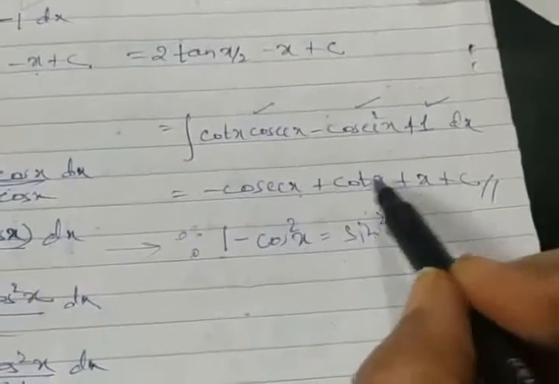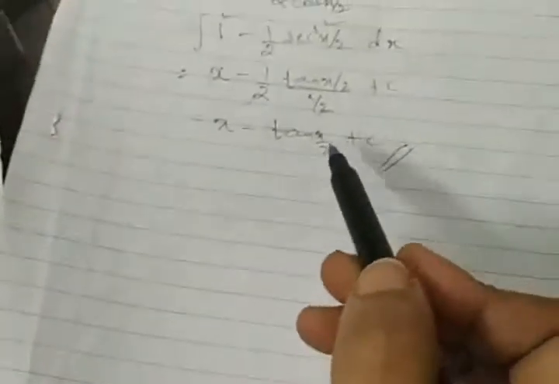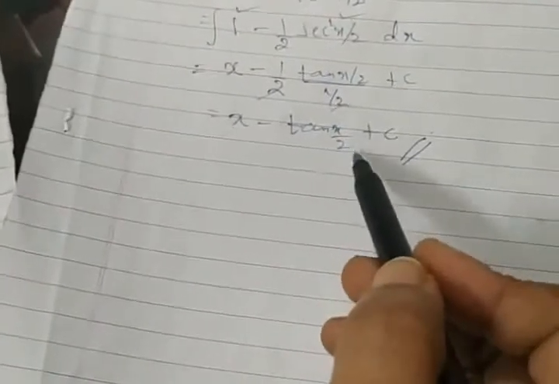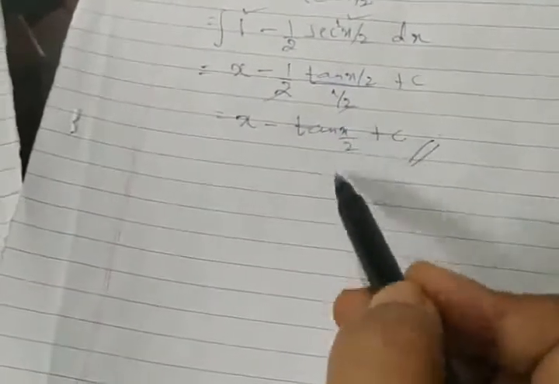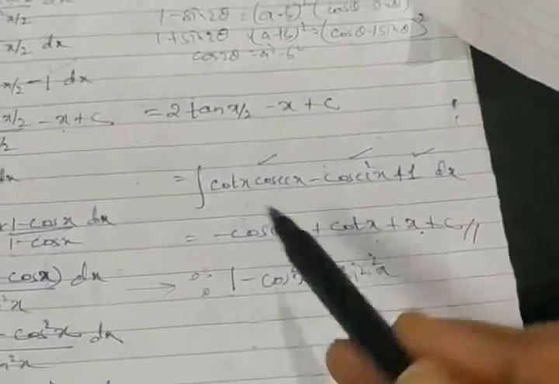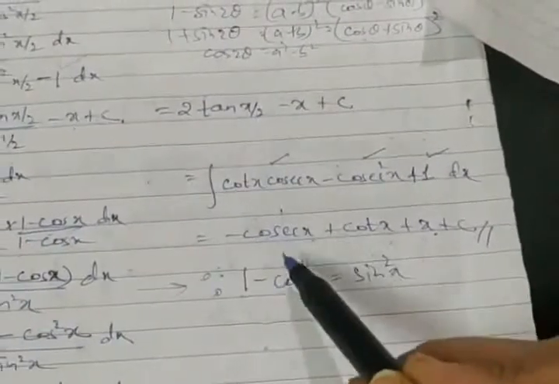Look, all the terms are in x. But here I got a term in terms of x by 2. Here, taking sin x by 2 in the denominator and cos x by 2, and multiplying with the submultiple relations, definitely this result can be proved equal to this result here. This result or the reverse can also be used. We can take 1 by sin x for this result.